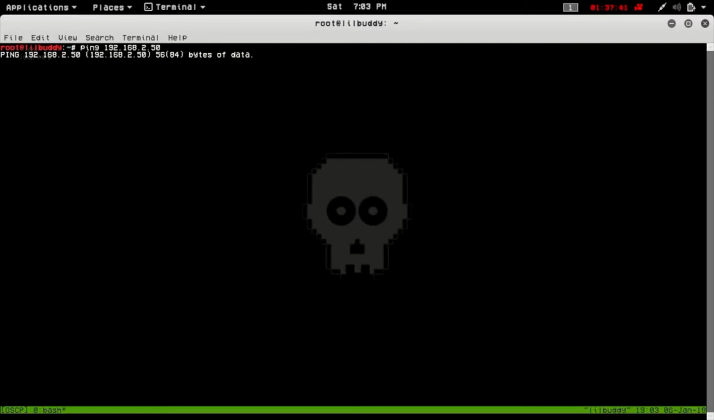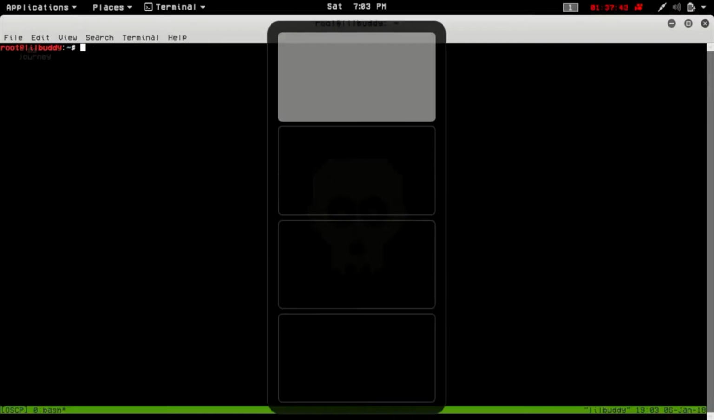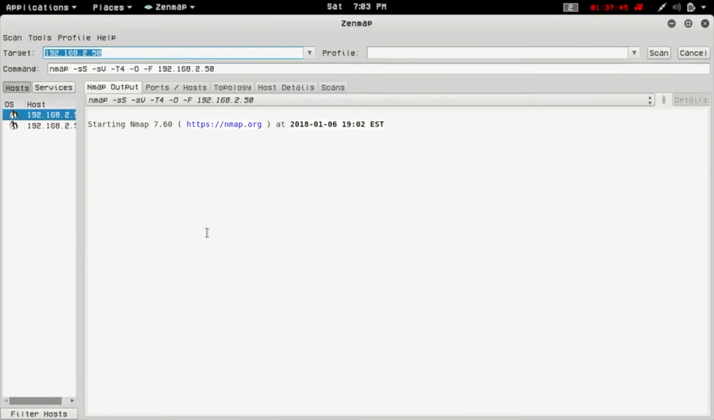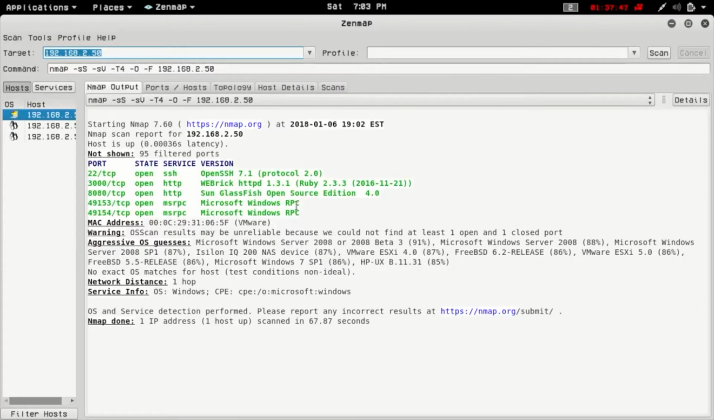Doesn't like getting pinged. Doesn't like getting scanned either. Oh, okay, it's getting scanned. That worked. I don't know why it's not getting pinged. Alright, so let's see. We have